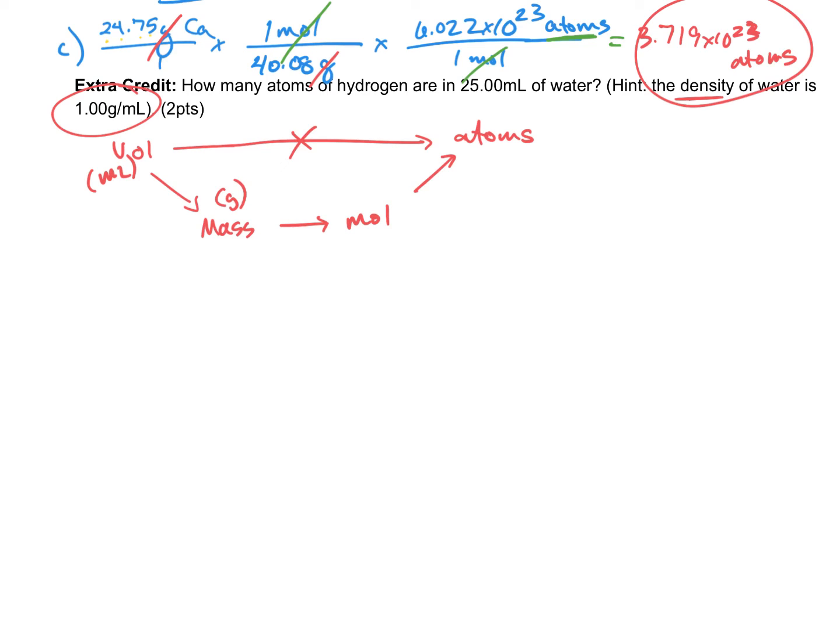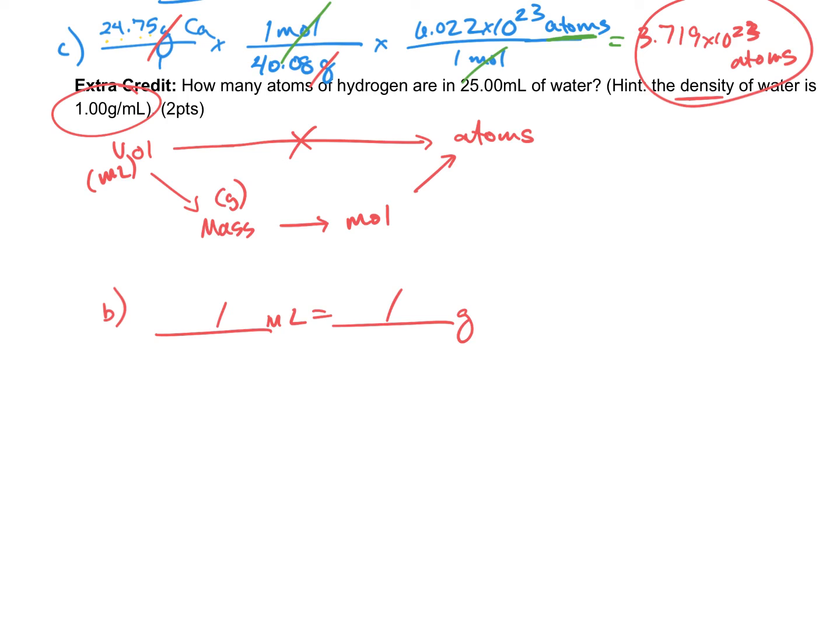So this is actually a 3-step problem. And if you have 25 milliliters, we need an equality of milliliters to grams. So here are your 3 separate equalities. How many milliliters are equal to how many grams? And since water has a density of 1 gram per milliliter,